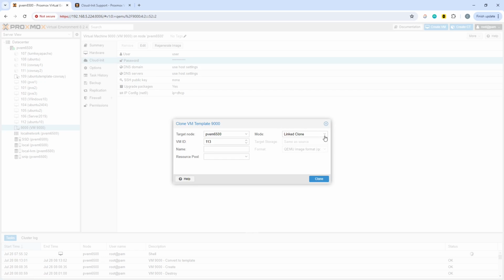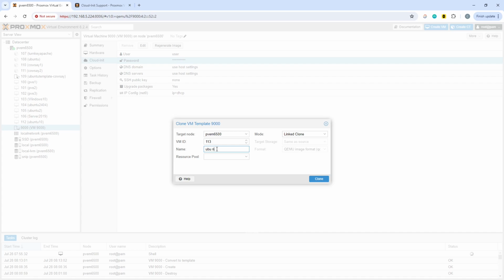Now we're going to use a linked clone, which is what's generally recommended with Cloud-Init, because it will create effectively a delta disk file in relation to the originating template. Of course, it does need to be stored on the same storage as the originating template for it to make sense. But you may want to go with a full clone under some circumstances, if you're then going to do other things with it, or you want it to operate independently. So for the time being, we're just going to call this one